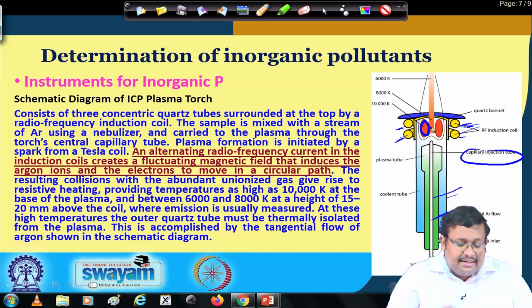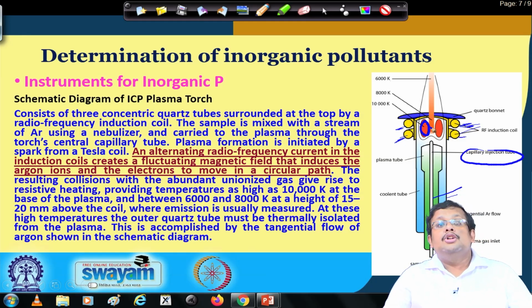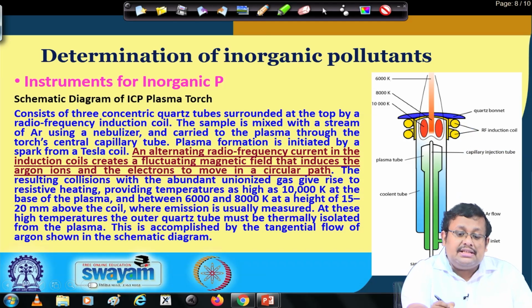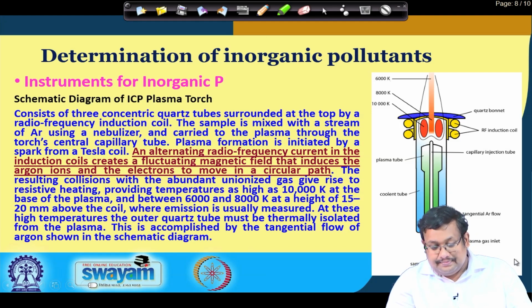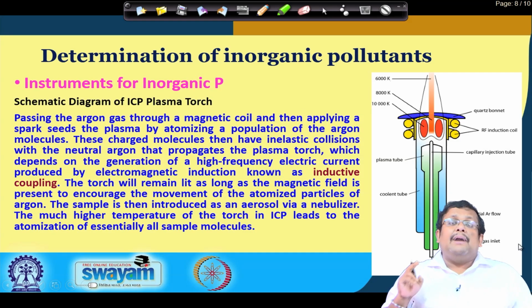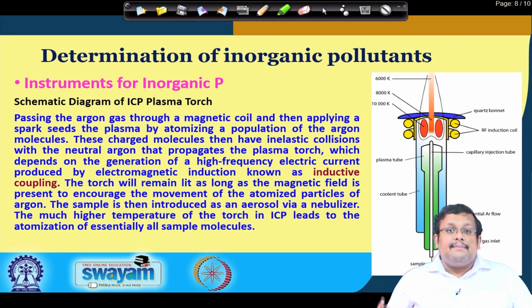So, at this high temperature the outer quartz tube must be thermally isolated from the plasma, and this is accomplished by a tangential flow of argon, as you can see in this schematic diagram. So, this is how the ICP plasma torch basically works. Now, passing the argon gas through this magnetic coil and then applying a spark basically creates the plasma